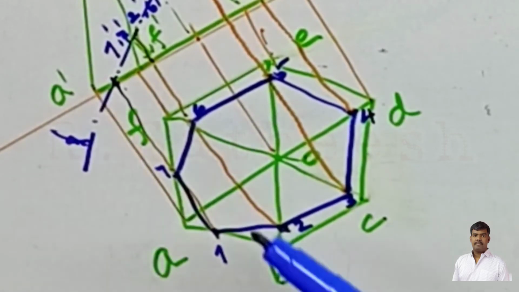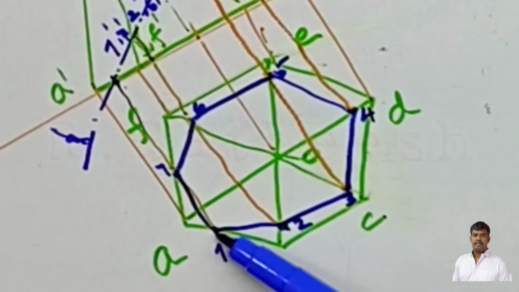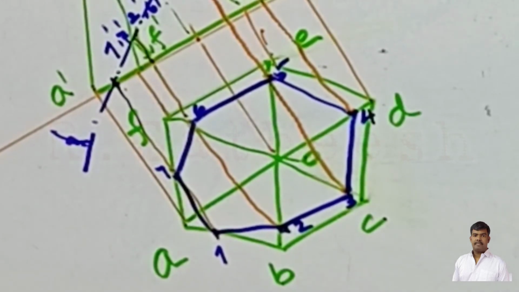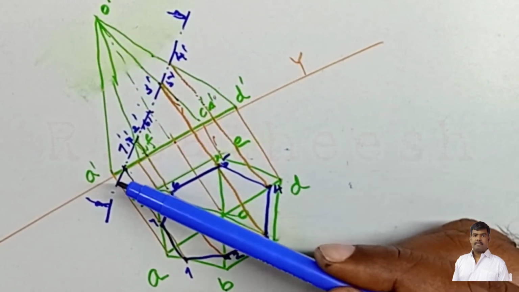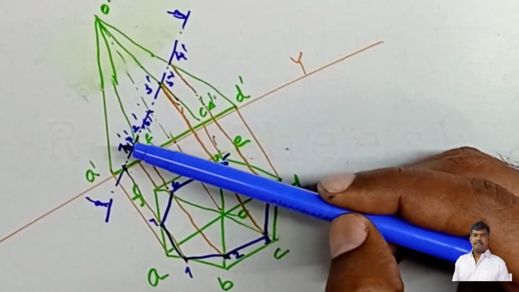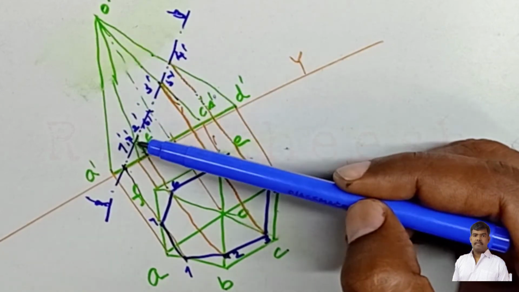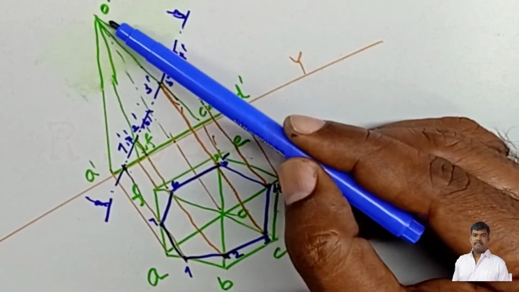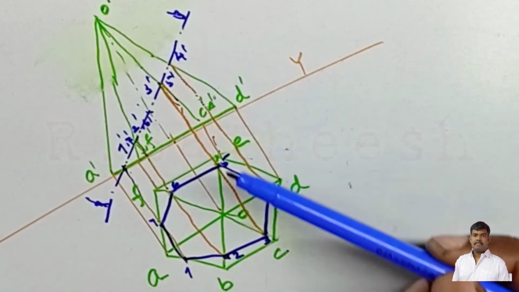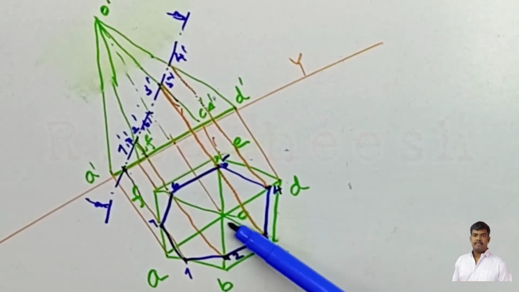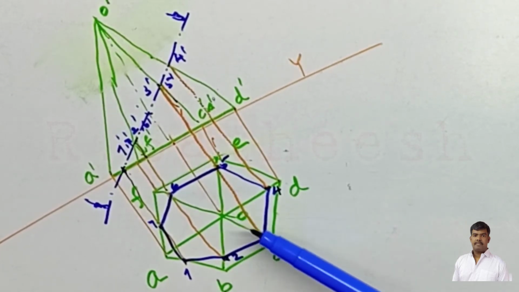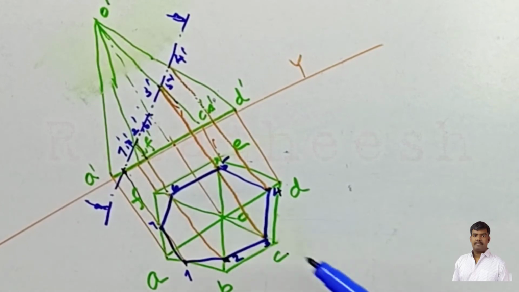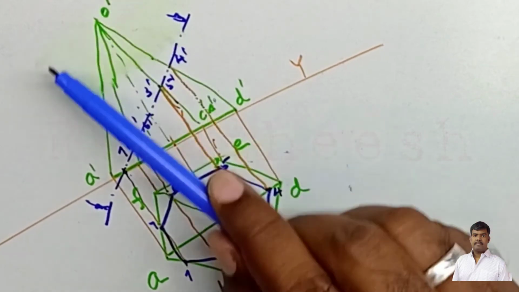is completely removed. Therefore 7 to A and A to 1, that part is removed. Clear? And also here the OA, the total slant edge is gone. Next, the O to 2 and O to 6 slant edges, similarly O3, O5 and O4 slant edges are removed. That means the total OA is removed. Next, O to 2, O to 3, O to 4, O to 5, O to 6, those portions are removed. Therefore, finally there is no apex.